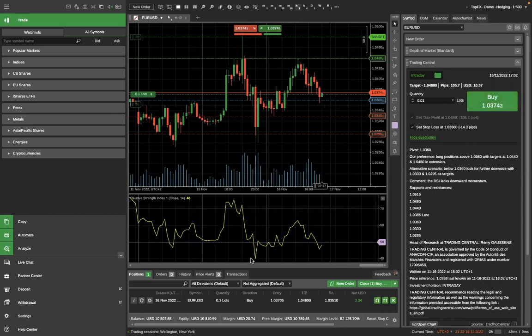So very often you can see that the market, for example, goes up a little bit, hovers around the level of 50, and then shoots straight up towards the level of 70, for example. Then, of course, there's a correction, it goes down, and then again shoots up, hovers around the level of 50, breaks it, tests it, and goes back above the level of 50, again into the positive territory. So the upward momentum is present on this market. As you can see, as long as the market is above the level of 50, this research is valid. Of course, it can break for a moment below the level of 50,